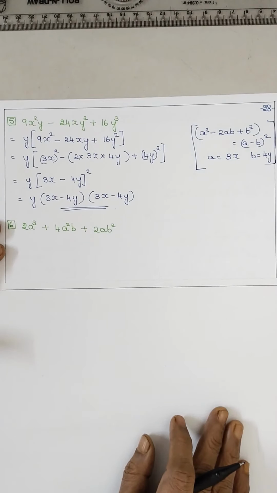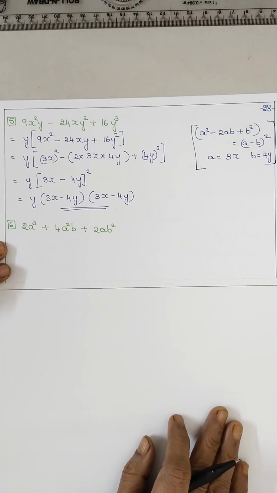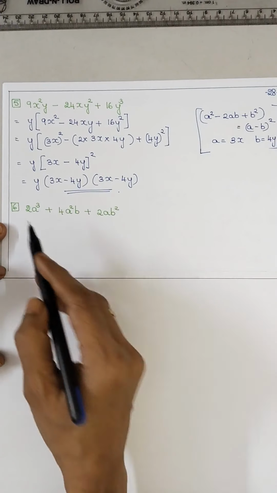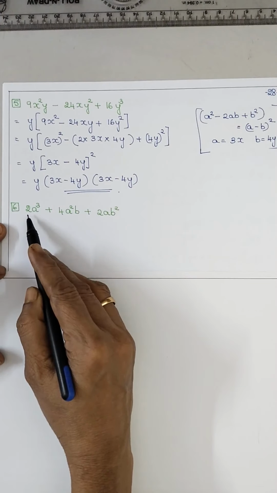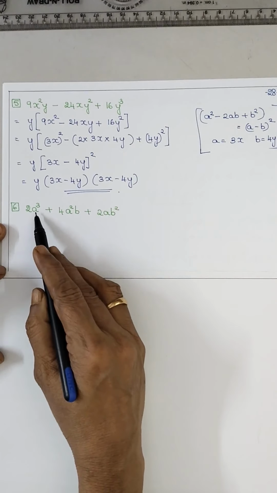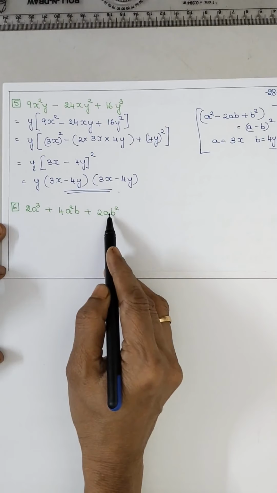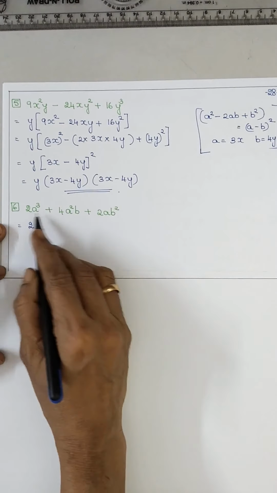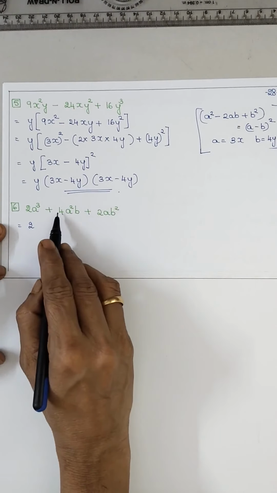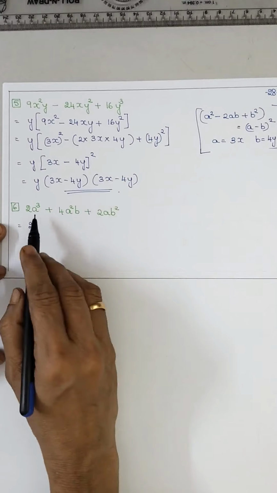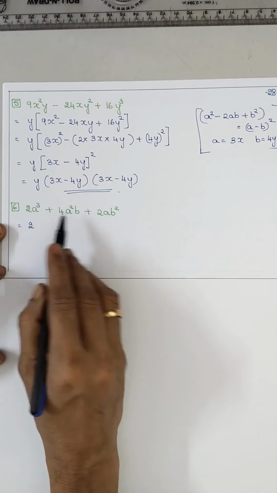So the fifth question is a little bit different. You have to take the common term out. Now the sixth is also the same way. Now in this, see, 2 is not a square. Here it is a cube. A square. Which is common? 2 is common for all. 2 2s are 4. So 2 is common. In all three terms, a is common.